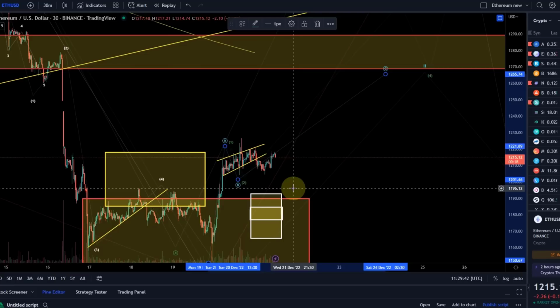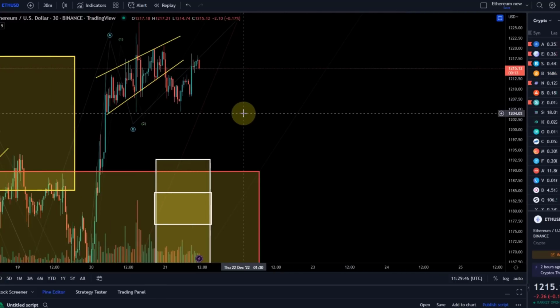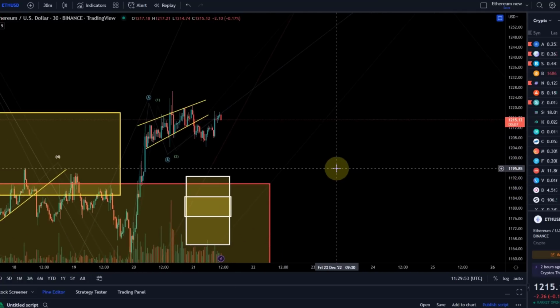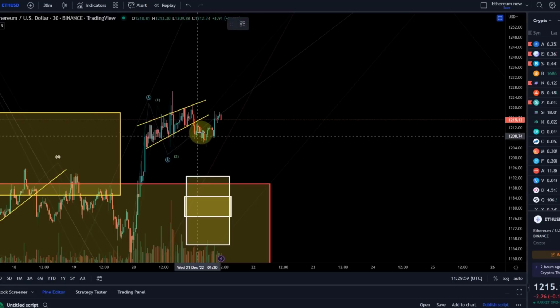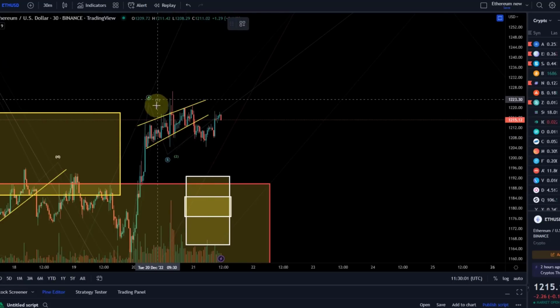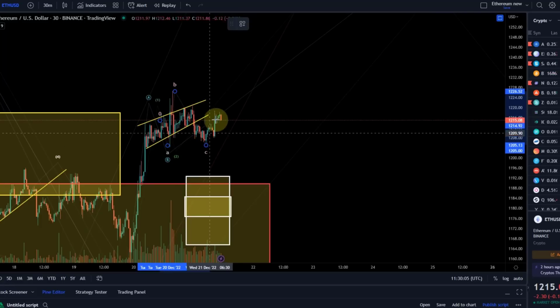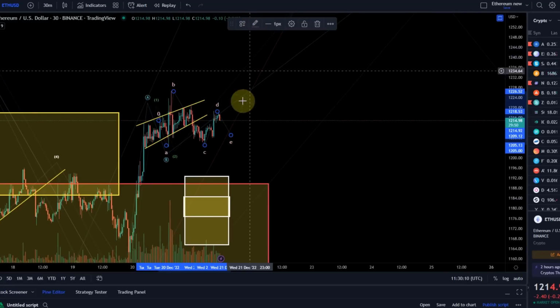What I showed you on the Bitcoin chart was a triangle pattern here. This might also be possible here, to be honest, and that is what makes this so tricky at the moment. So it could be that we are seeing a triangle, so basically something like an A wave, a B wave, a C wave, a D wave, and another E wave, and then we would go up. Unfortunately, that's possible.